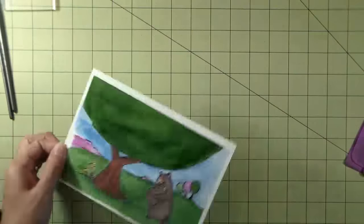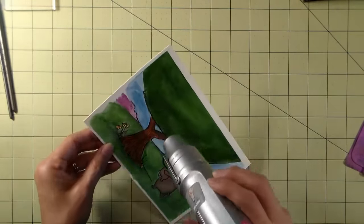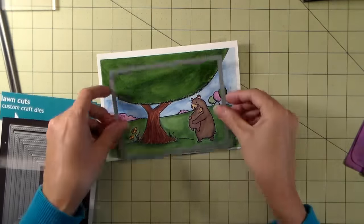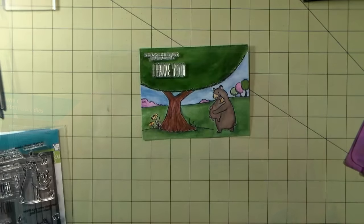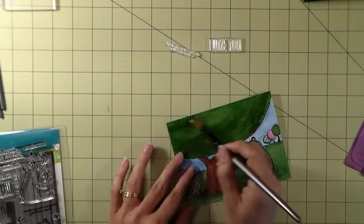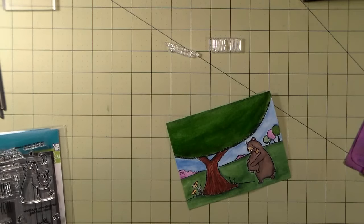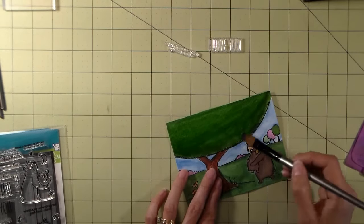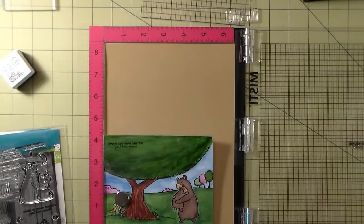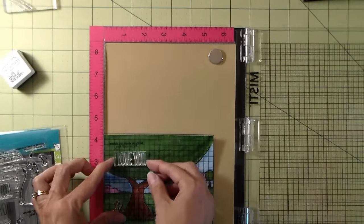I was very pleased with how flat the panel turned out, and I was worried about a lot of warping, but it turned out pretty good. Now I'm using the same stamp set that the mama bear came out of, and it's by Mama Elephant, and it's called Bear Hugs, to add the sentiment. And the sentiment says, "Words can never describe just how much I love you." Now I'm just taking a clean brush with some water on it and removing some of the green paint so that you could read the sentiment in the corner. So I'm just also heat embossing the